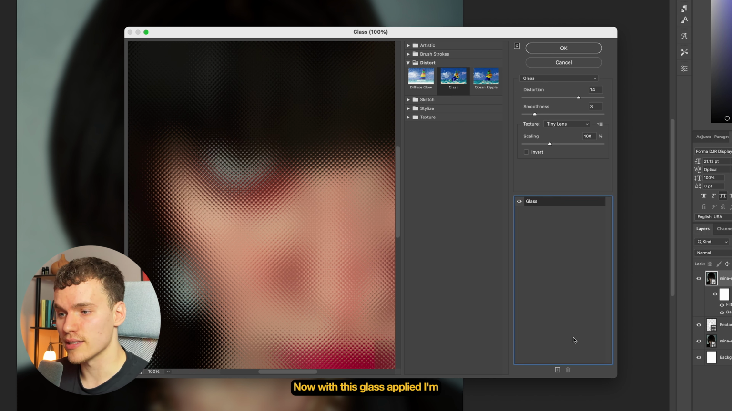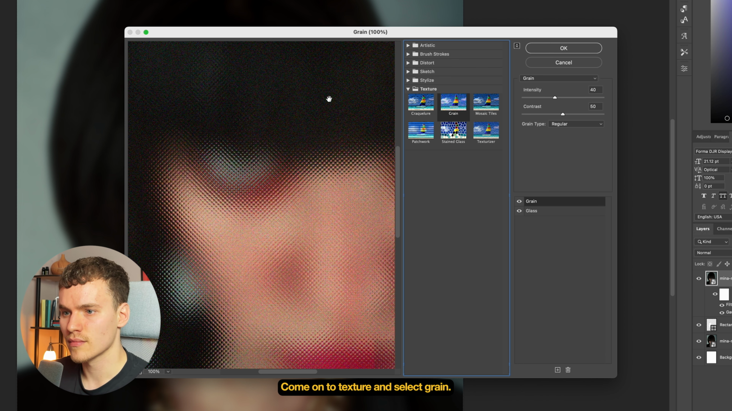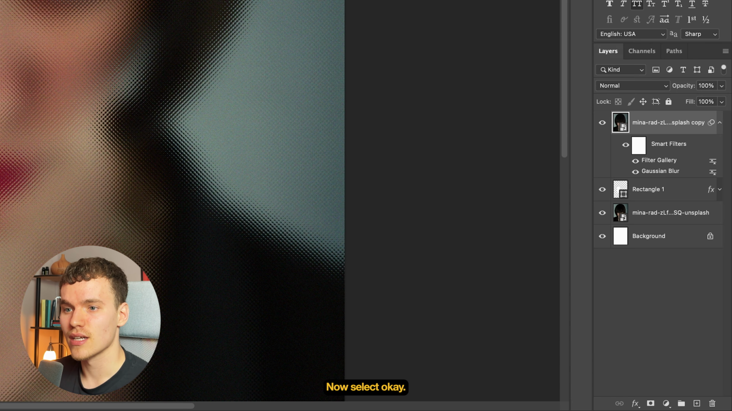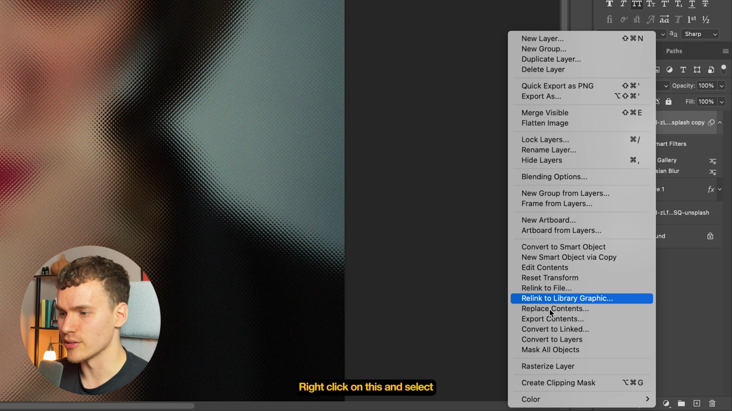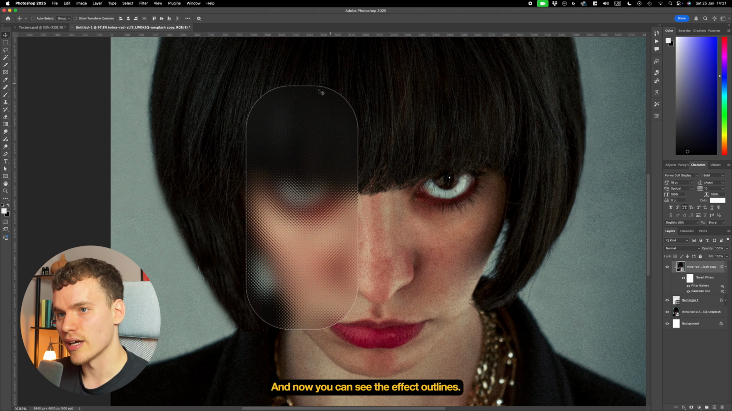Now with this glass applied, I'm going to add one more filter, which is going to be grain. So if I come down to the plus, I'm going to collapse these folders, come onto texture and select grain. Now this is quite an intense grain effect, so I'm going to drag this down to maybe about 20, and I'll keep the contrast where it is. Now select OK. Okay, now with this effect applied, all we need to do is come over to the image, right click on this and select create clipping mask. Now it's only going to apply to our rectangle shape that we've made before,